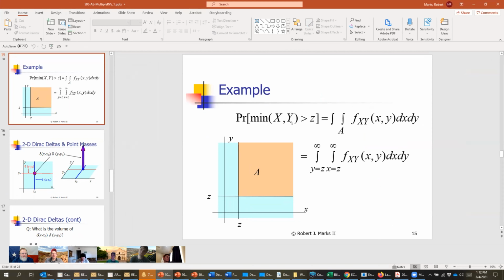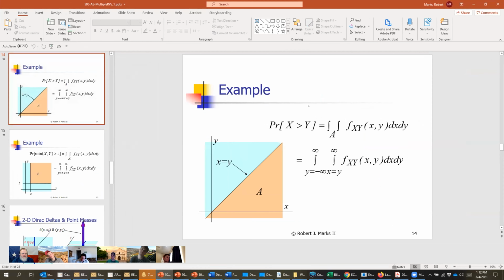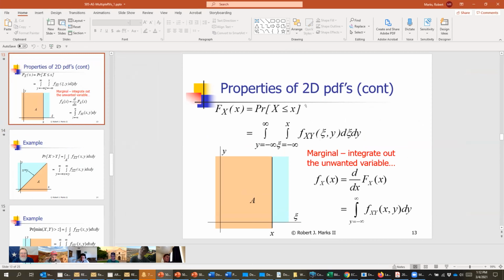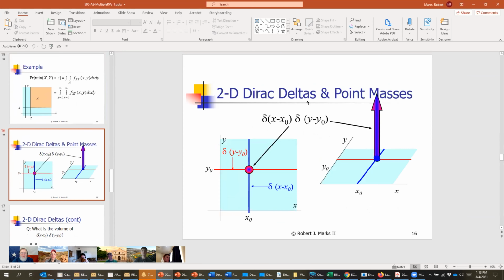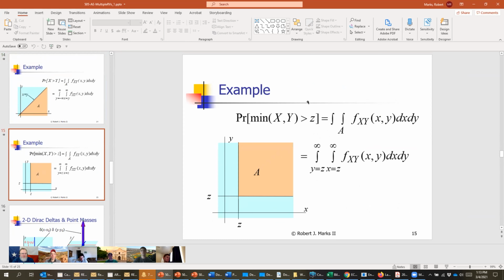The beautiful thing about the joint probability density function is you can compute any relationship between the two random variables. Like before we did the probability that one random variable is greater than the other. We could get that by integrating the joint probability density function. Before that, we got the probability that x is less than or equal to x, and was able to derive the marginal from that. So anything you want, any relationship between x and y, you can obtain through the joint probability density function by choosing the appropriate area of integration. And this will take you back to calculus, where you did two-dimensional integrations, if you remember.